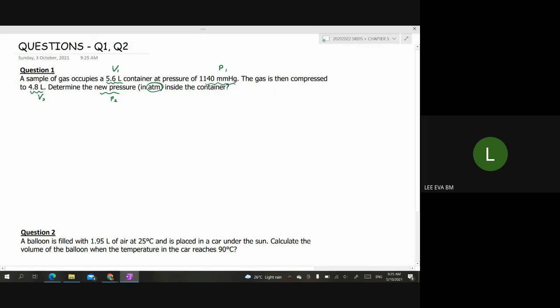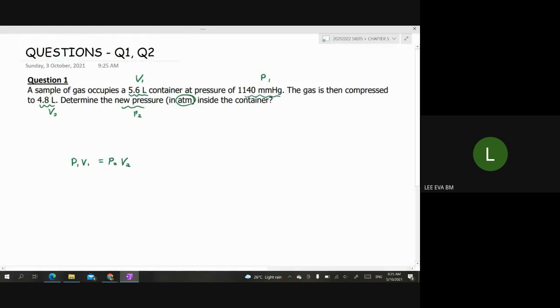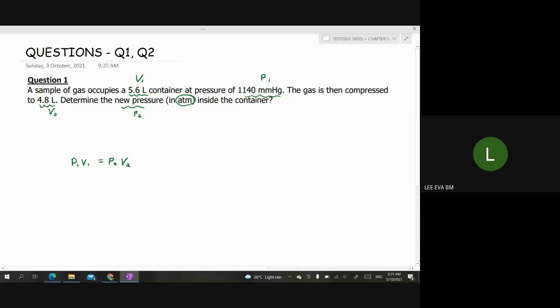So what formula should we use? Straight away Boyle's law, you can see it already. According to Boyle's law, we have P1, V1, P2, V2. But before we substitute the values into P1, V1, P2, V2, what should you do with the pressure? Convert the unit. Convert into